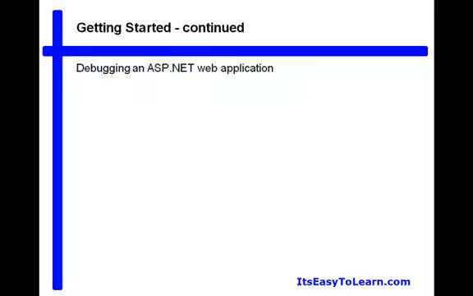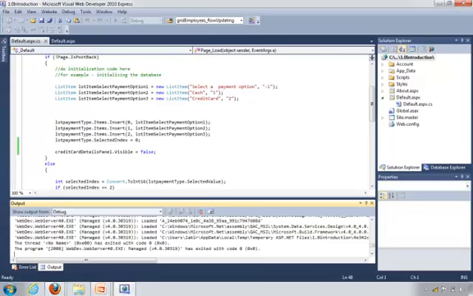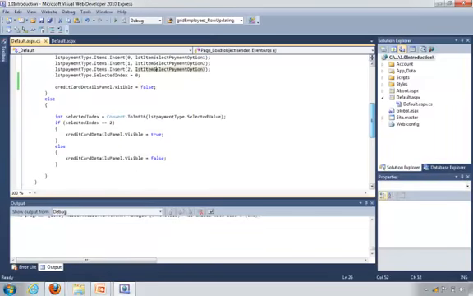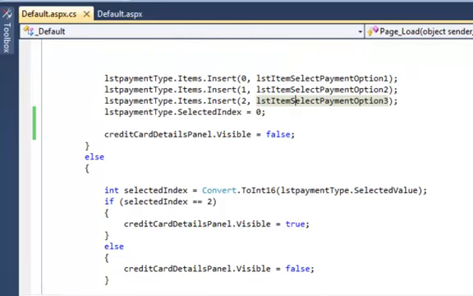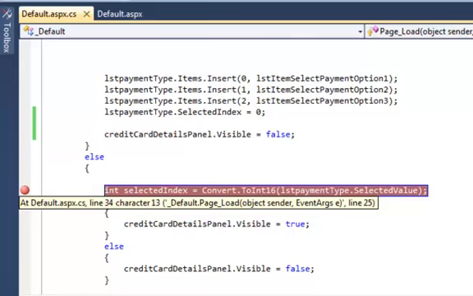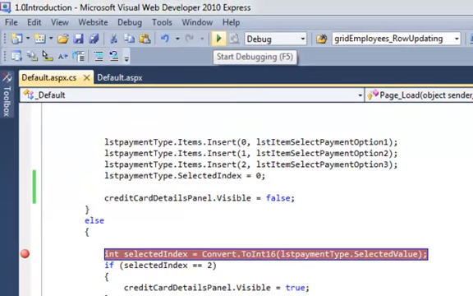Let us see how to debug an ASP.NET web application. I will stop this application, and let's say I want to debug it. This is the page load, and on the postback I want to look at the selected index, so I'll click here, on the left, until you see this red dot. The red dot is a breakpoint. Then when you say start debugging,